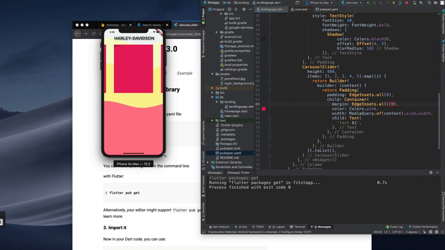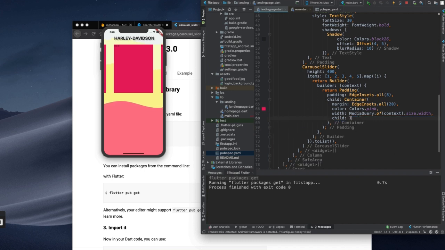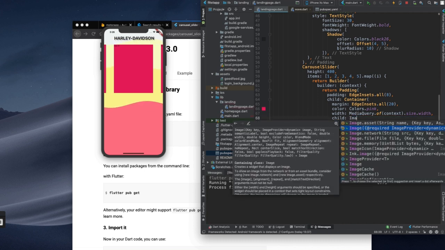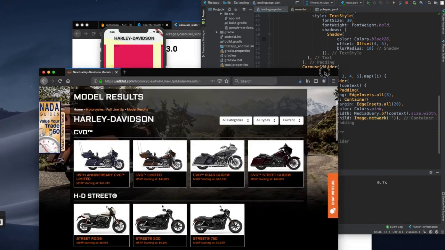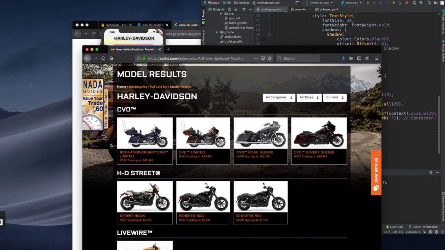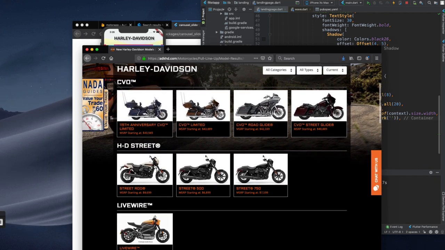So you remember that we can add the image by using the image dot something. So let's say image dot network this time. And where's the source? The source will be the link of that image. So you go to this website and you're gonna click any image,